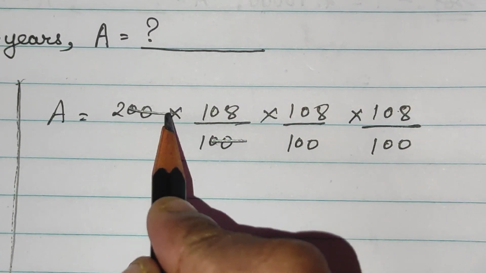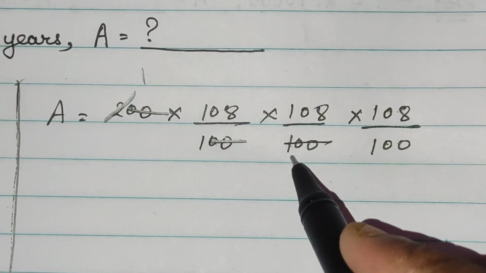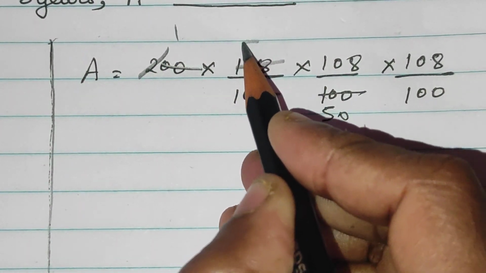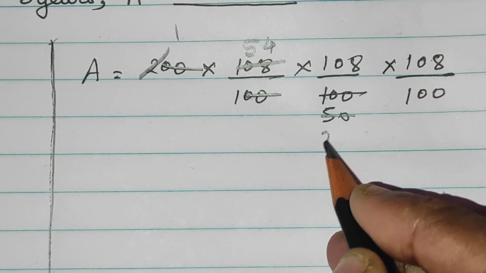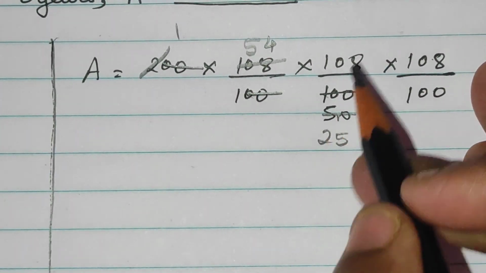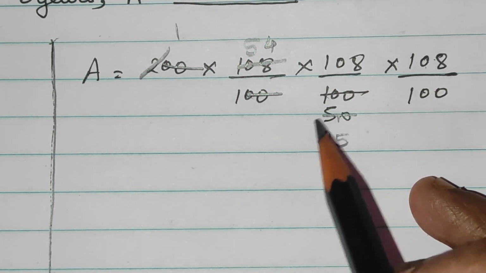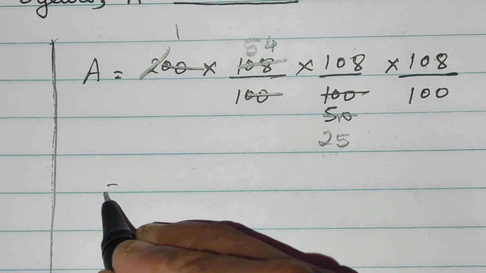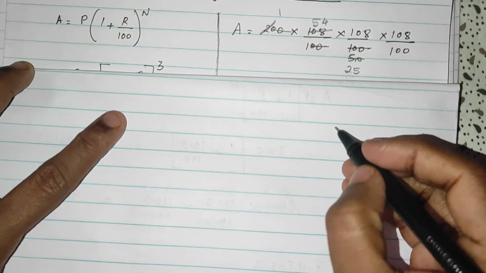2 0s and 2 0s cancel, 2 1s are 2, 2 5s are 10, 0. Now 2 5s are 10, 2 4s are 8. So 2 2s are 4, 1 carry, 2 5s are 10. Further, first we will multiply this and we will put the decimal. See, these are odd numbers. So now here what we have to do, in a rough column we have to multiply all this.